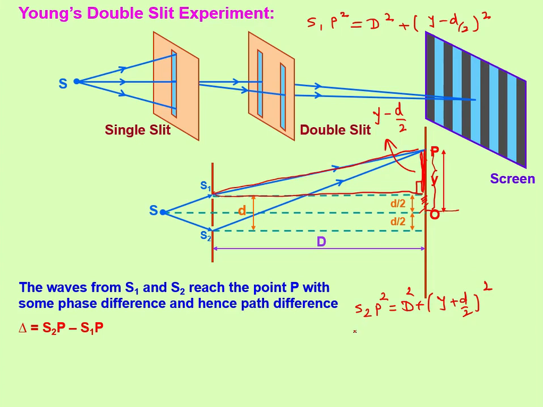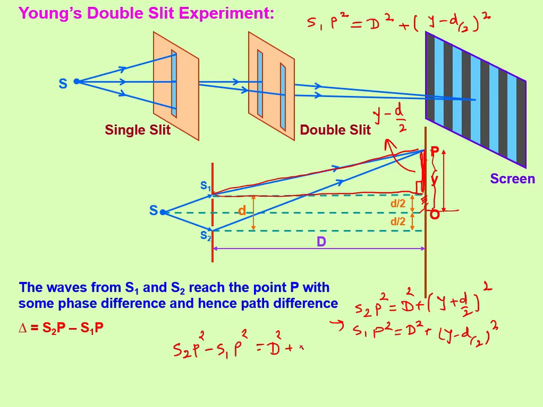capital D square plus (y minus d by 2) whole square. Now when we subtract these two, what do we get? When we subtract, S2P square minus S1P square is capital D square plus, we can expand (y plus d by